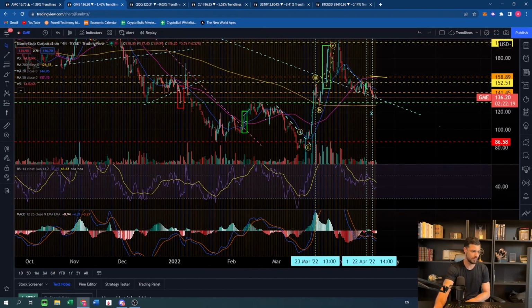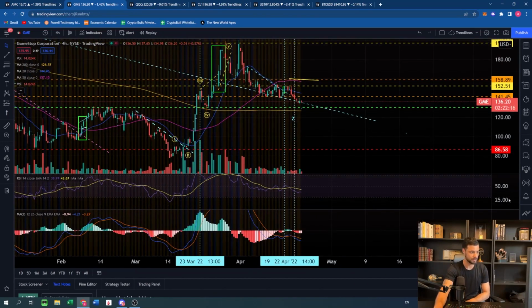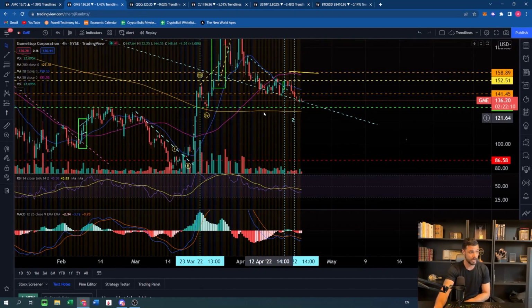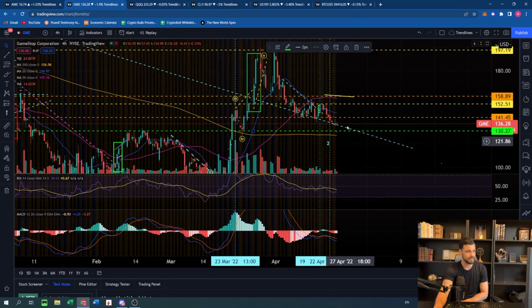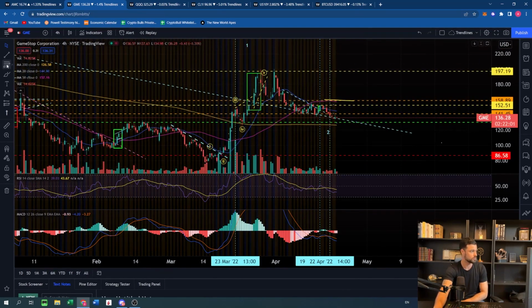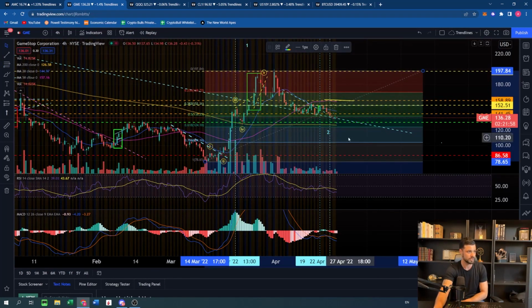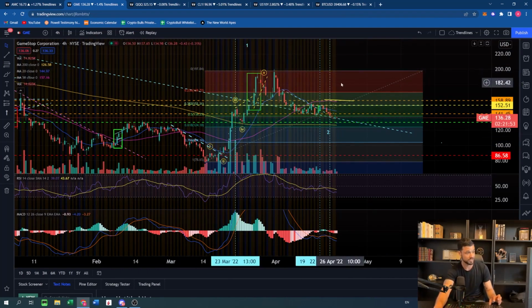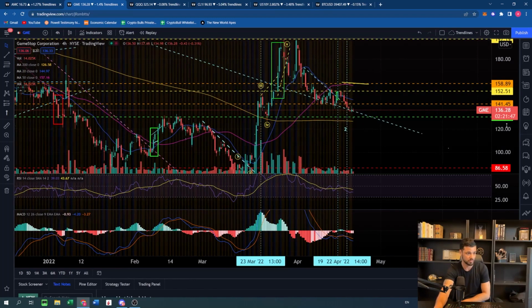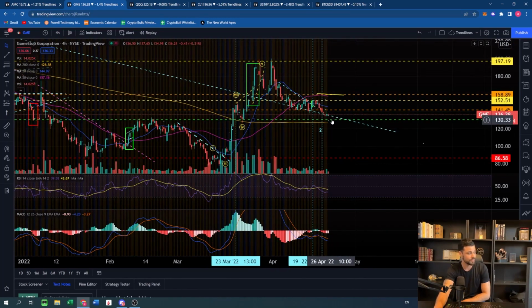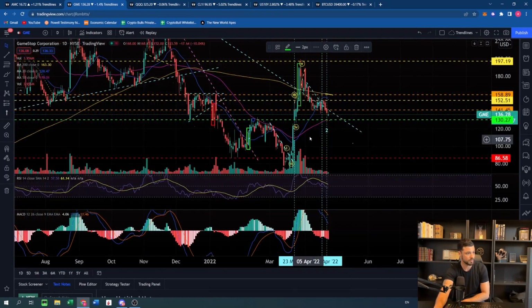So, this is the problem with support levels that are decreasing, all right? A downward sloping trend line like that. It's because we have support, but every day the support is lower. So it's not the kind of support we like to have. My take is here that we're going to go to 130, find more supports. Once again, we have room, guys, on GME, because GME is still hovering around the 50% fib ratio of the first move up. So we are still bullish, guys, on the long term. We still have a little bit more downside that could happen, but it would be totally fine. At 130, it would be a nice buying opportunity. I'm checking if we have more support coming here.